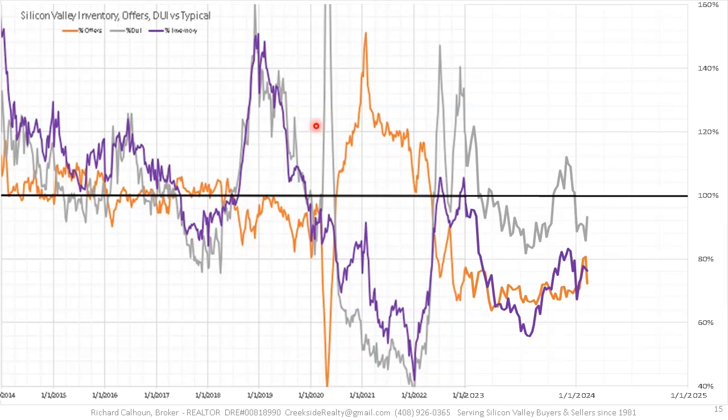Now we're taking all those 20 micro market areas, putting them in a blender and blending them up. If we were having a completely normal year, you'd be right here on this black horizontal 100% line. What you're having is the purple inventory is down here at basically something like 76%. Your number of offers accepted is down here at something like 72%, and that's giving you a DUI of something like